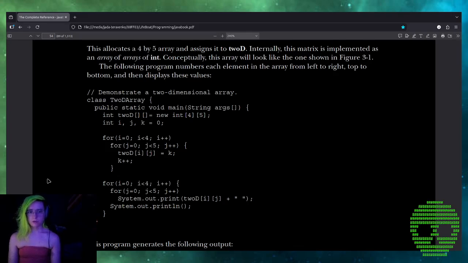for (i = 0; i < 4; i++) { for (j = 0; j < 5; j++) System.out.print(twoD[i][j] + " "); System.out.println(); }